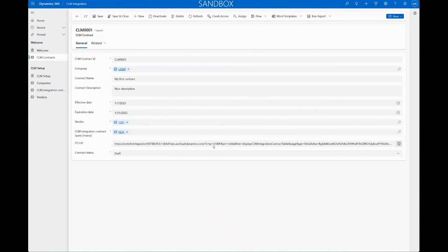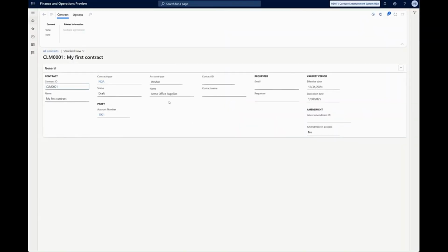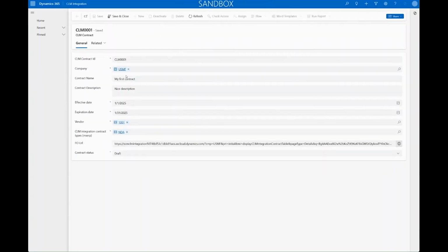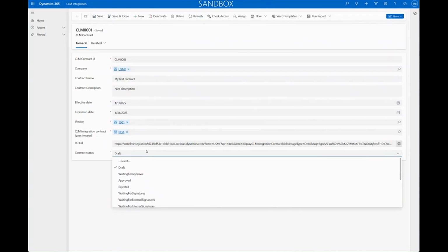So if I click on the link, it points directly to the right contract. So here I have two options, view and new, that I already created. And if I click on view, it will go back to my application on the right form, with the right contract. So now let's take a look, and I will update just the status to approved